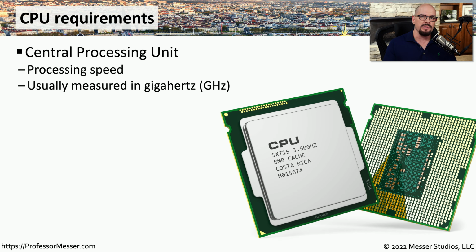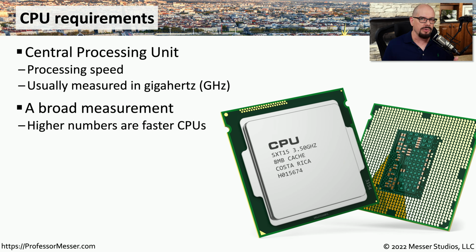We often refer to the CPU, or central processing unit, as the overall computing capability for a particular computer. This is a very broad description, but it's basing this on the clock speed that's associated with a particular processor. For example, the clock speed on the processor in this image is a 3.5 gigahertz processor, and we can start comparing processors based on this relative speed. Of course, there are other criteria that help determine whether a processor will be faster or slower than another, but using a processor speed is a good starting point so that you can at least set a relative value between